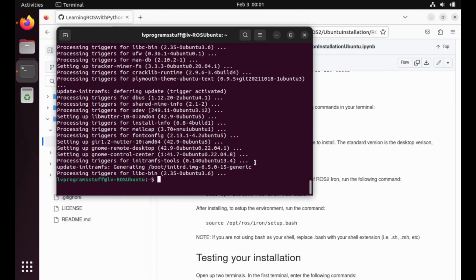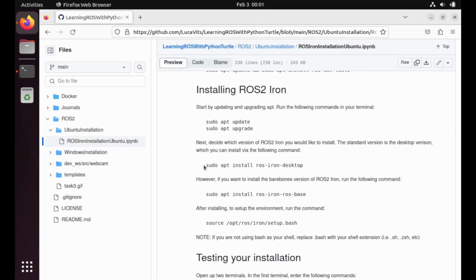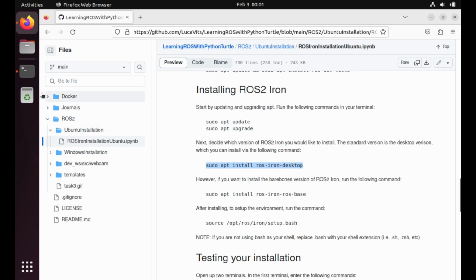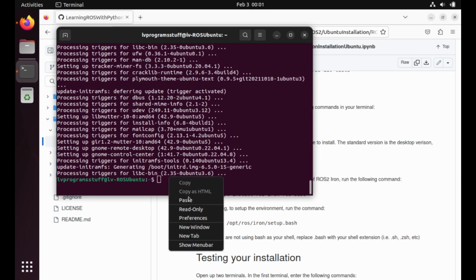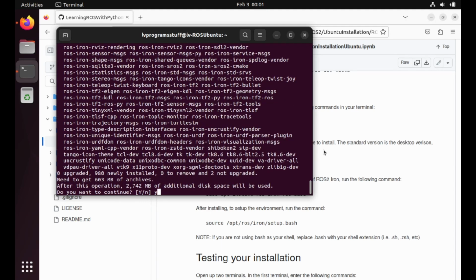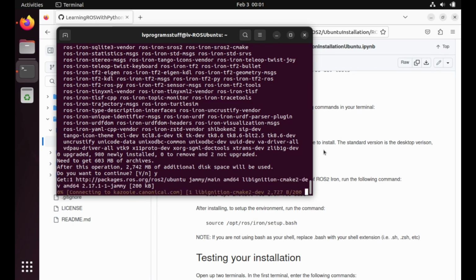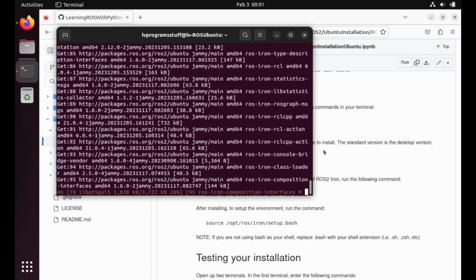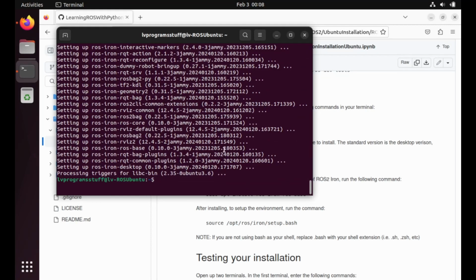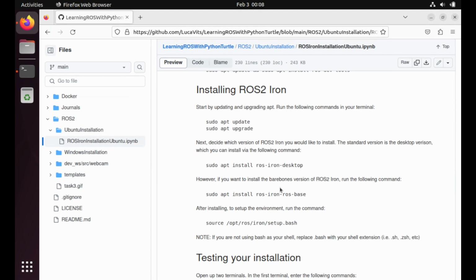All right, awesome. Now that that's done, you can go back to the guide and you can do sudo apt install ros-iron-desktop. So just copy that command, paste it into your terminal, hit enter. You're going to hit yes when it asks you if you want to continue. This might also take a minute. The repository is quite large. All right. Okay, now that the repository is done installing,